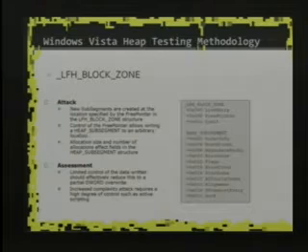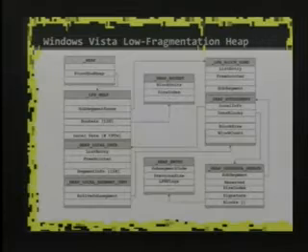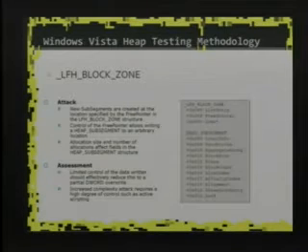The nice thing about the low frag heap is that, if you look at the way this is laid out, it can all be accessed through a couple of indexes into arrays, which is why the lookups are so quick. I have one example here, and then I think I'm going to get kicked out. The low frag heap block zone, right here in the top right-hand corner, is the top-level structure that's going to be on top of a series of blocks of the low frag heap. And the attack is, there's a free pointer in the block zone, and the free pointer says where